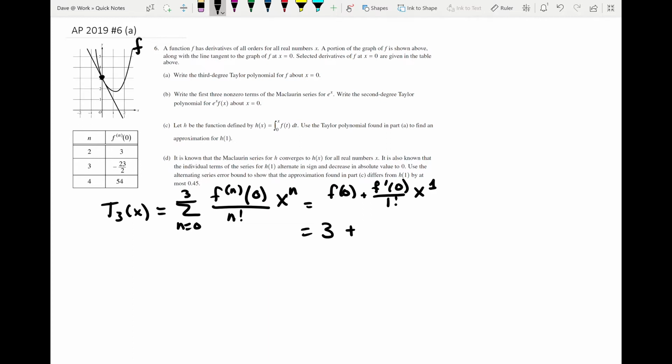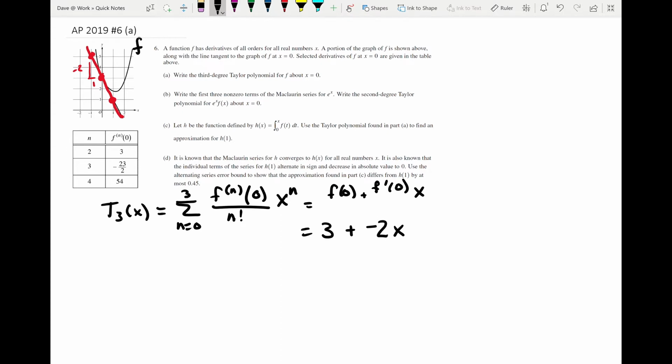raise that to the x to the first. Don't need the 1 here. 1 factorial is simply just, well, 1. So if we can figure out f prime, we'll be good to go. But again, it doesn't actually give us the information in the paragraph, but it does say that the line tangent to our point, specifically at 0, 3, is given to us. And that is given to us right here in the graph, and that line happens to be crossing through this point, and this point. So if we figure out that we're going down 2 units for every 1 to the right, we can establish that f prime of 0 is going to be equal to -2, which then will get